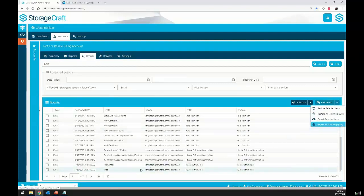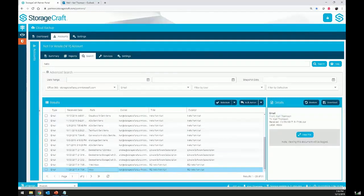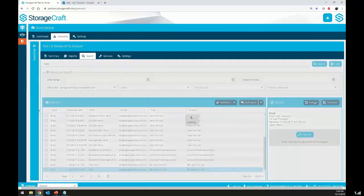But if I look at a single email, click on this. Now, again, this could be confidential. So as an admin, I have the option to restore this without ever looking at the content of that data. Obviously, if I view it or I download it, that will get audited to say, effectively I had access to the data. But if I go ahead here and click restore,